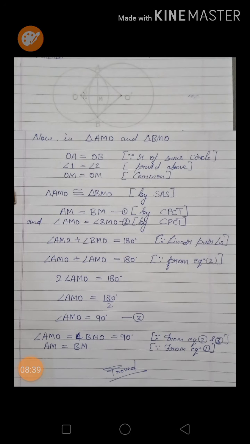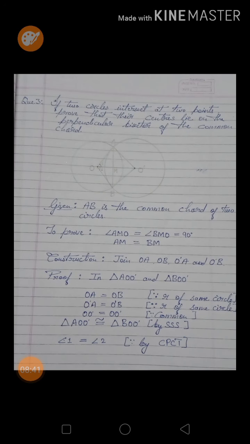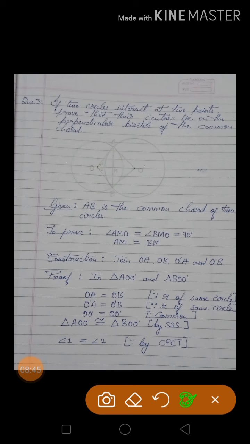Now this one. Firstly we write the given. What is given in the question? AB is the common chord of the circle. We need to prove that